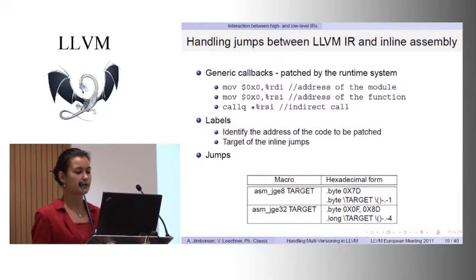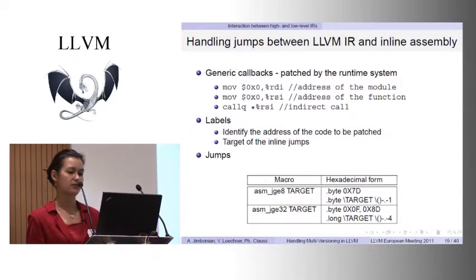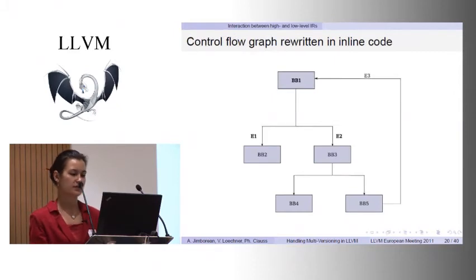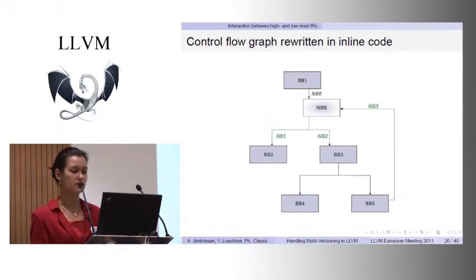So how does this work? Let's say that we have this control flow graph, a very simple one represented in LLVM. We are interested in the edges E1, E2, and E3, because let's say that we have a new block, for instance, the decision block, which is inserted in the code,